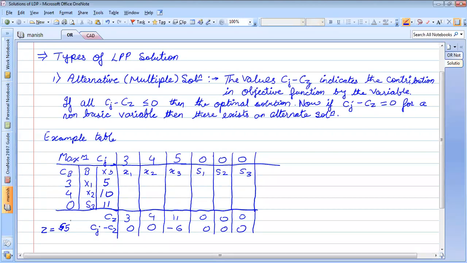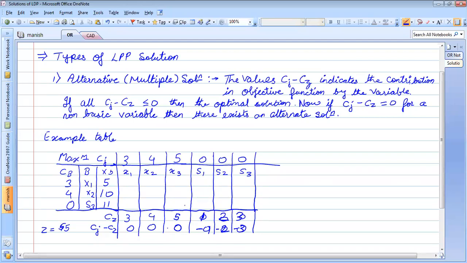If the objective function value is 55 and all the Cj minus Zj values are less than or equal to 0, and if for any decision variable the Cj minus Zj value is exactly equal to 0, that is, instead of having minus 6 here, if we have exactly 0, and here maybe some values 1, 2, 3, so you have minus 1, minus 2, minus 3, and so on.